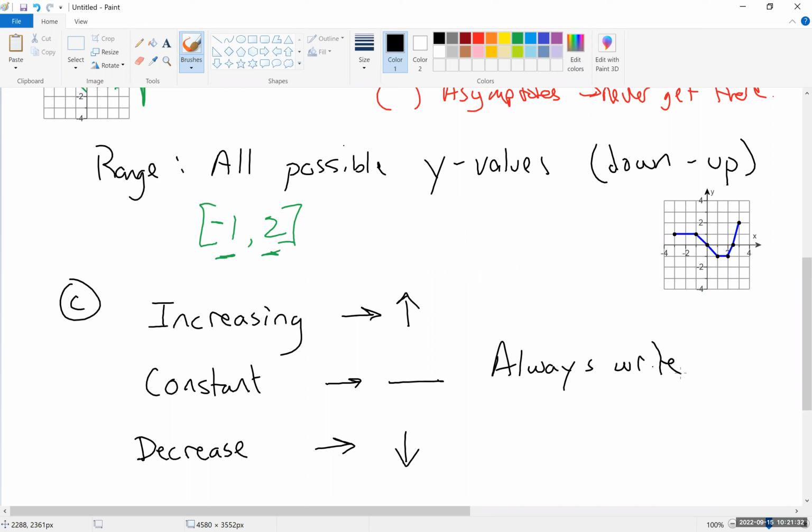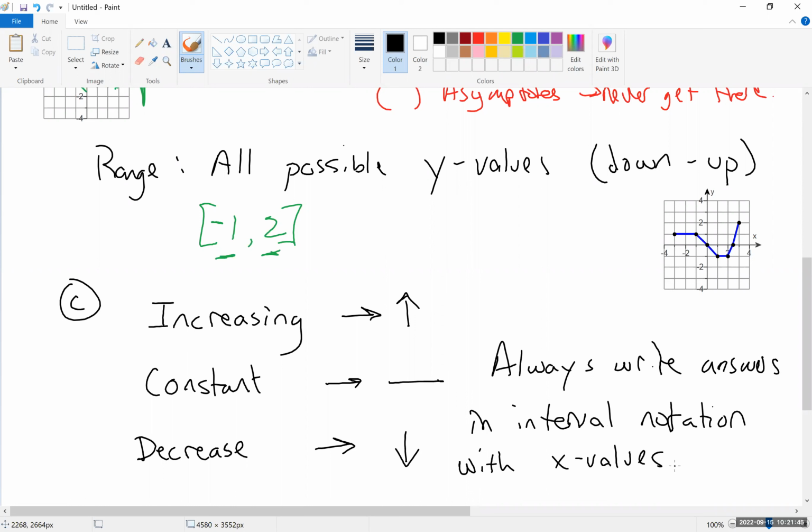answers in interval notation with X values. Okay? Think about this. If someone asks you, when do temperatures start dropping? Like throughout the year, when do temperatures start dropping? Your answer is not from 70 degrees to 20 degrees. Your answer would be like from September to February, the temperatures are dropping. We want to answer our questions about increasing, decreasing, and constant with interval notation, and you're only talking about the